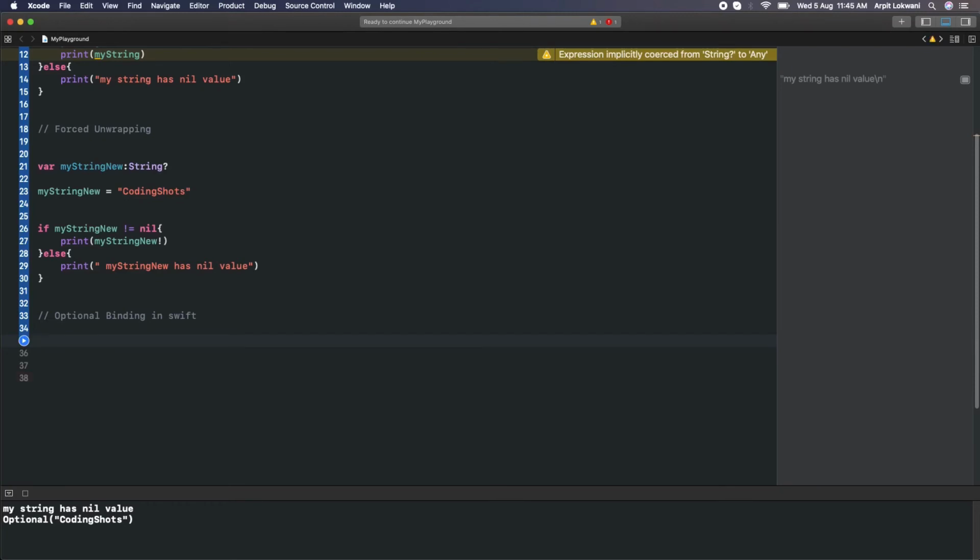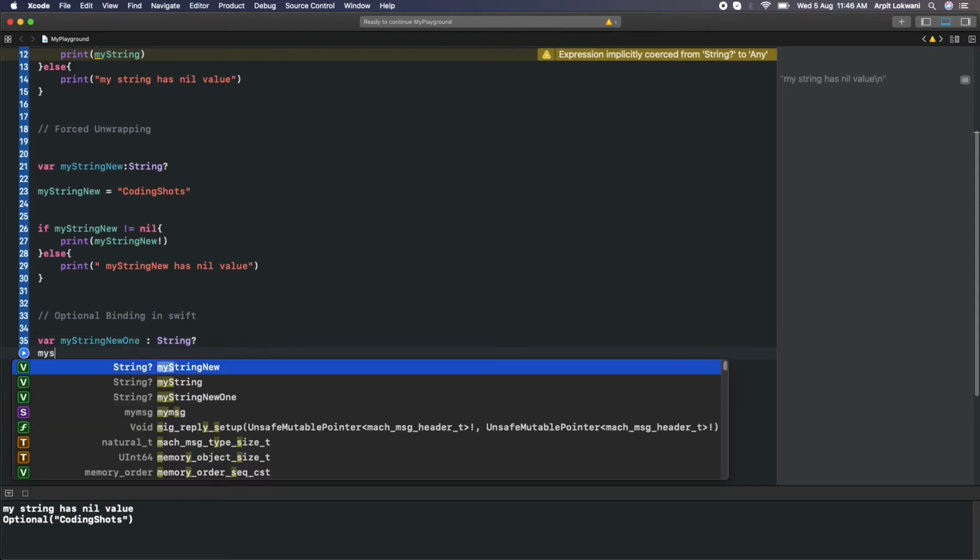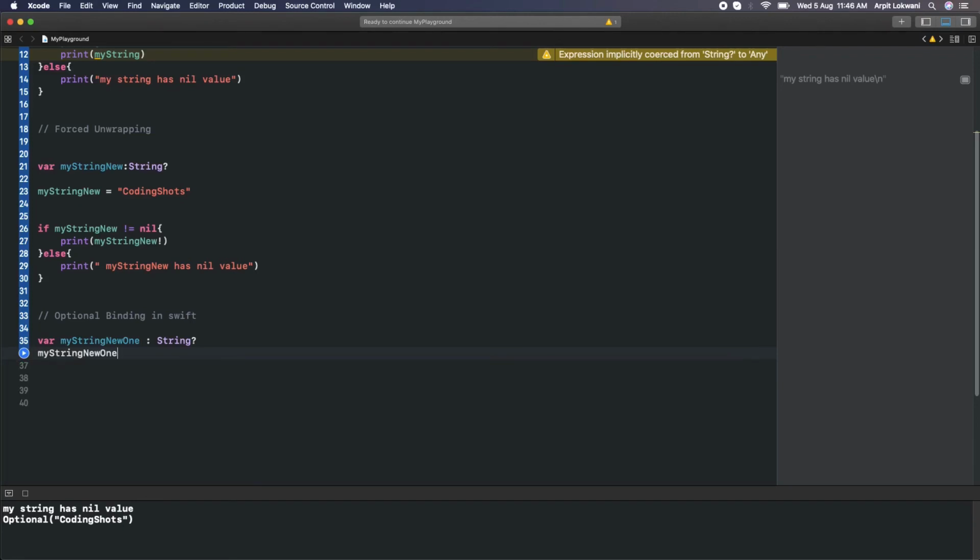So I create a new string, my string new one, and assign it some value, say coding shorts.